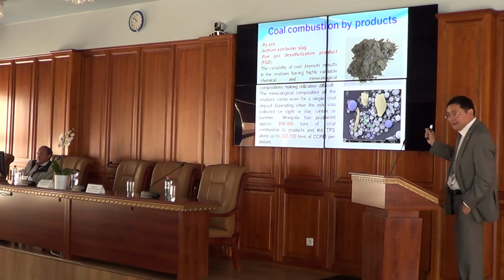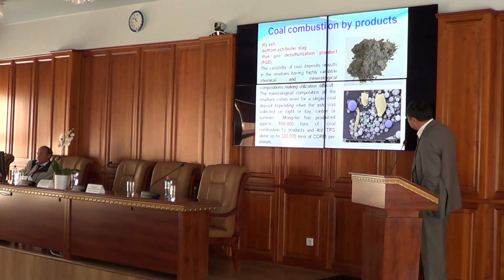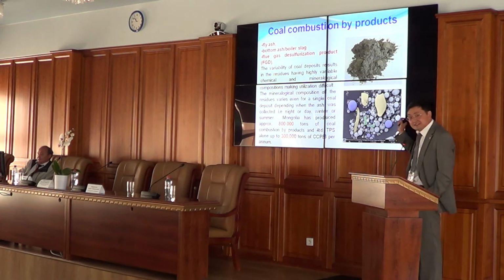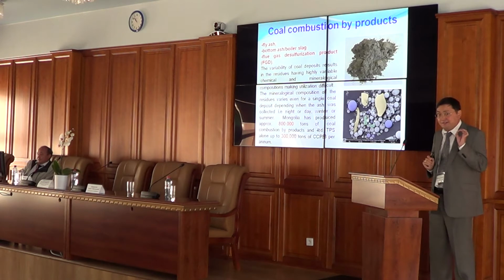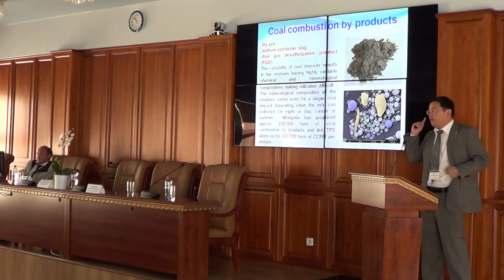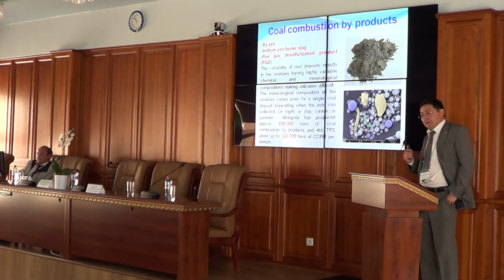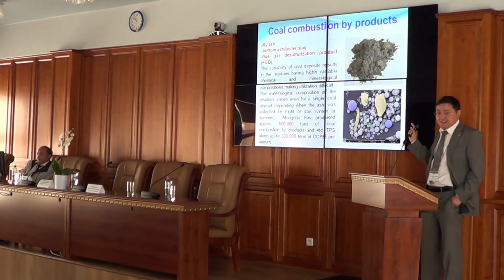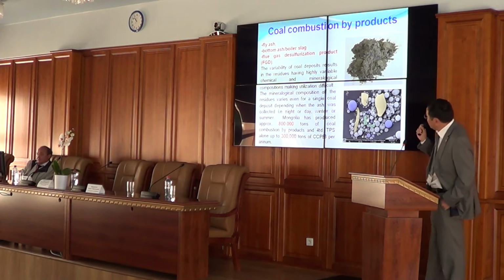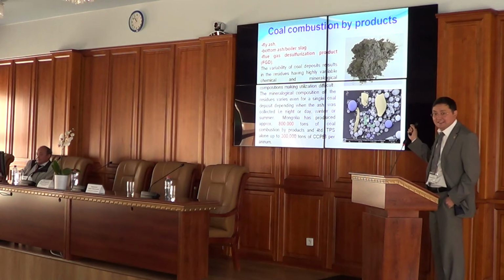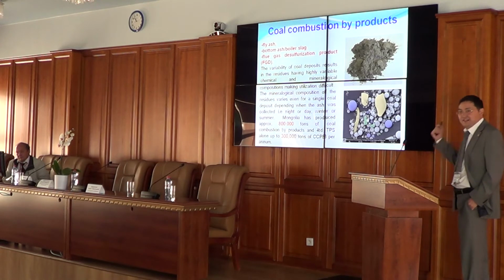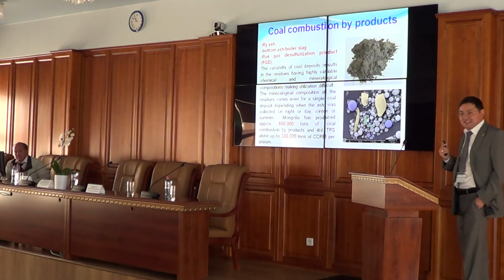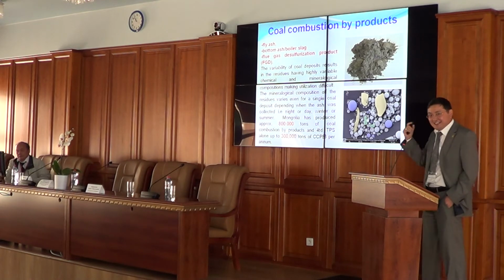And if we look more closely in a standard electron microscope, you will see this fly ash is very fine spherical particles composed of aluminum silicate glass. Why is it spherical? Because combustion occurs at over 1400 degrees, and we have all physical and chemical transformation inside at high temperature. Since it's delivered by flue gas, it's very fine, spherical particles. As you all know in physics, a spherical particle is a very low energy state, which all solid particles are trying to reach.